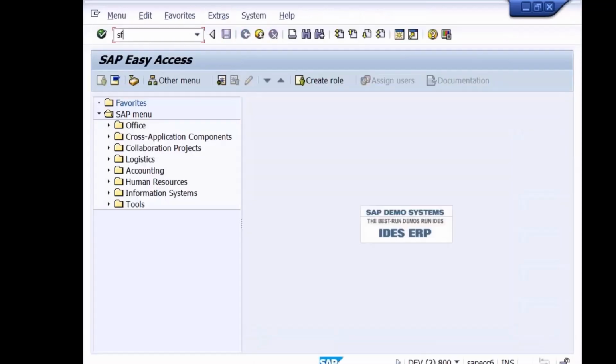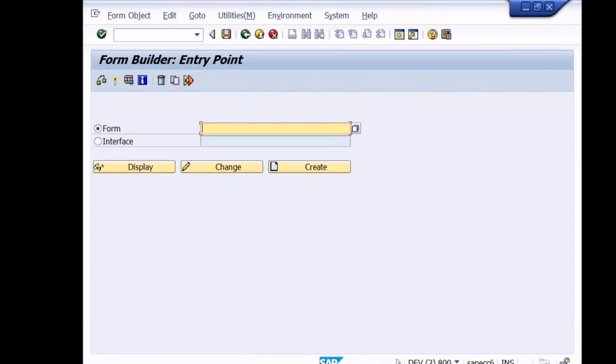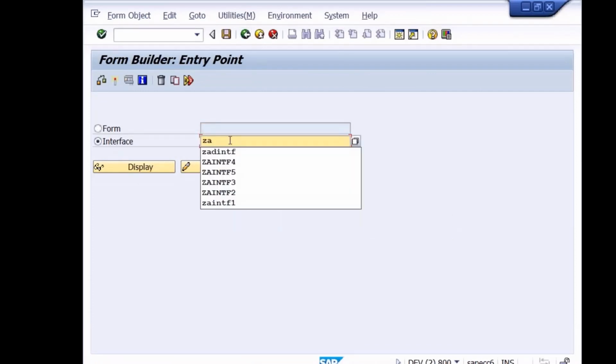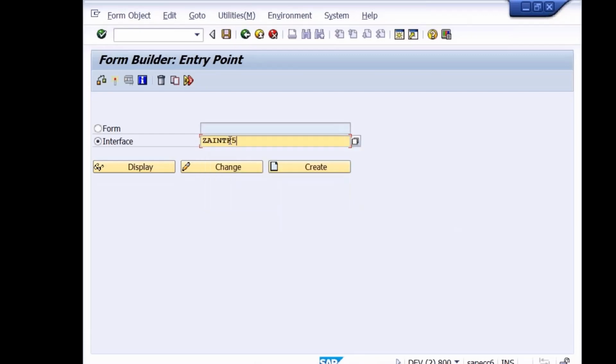I'll go to SFP transaction code. Let me choose the interface name. I'll give the interface name as Z Adobe interface. 5 is already there, so I'll go for 6.